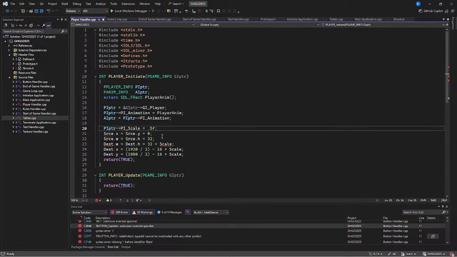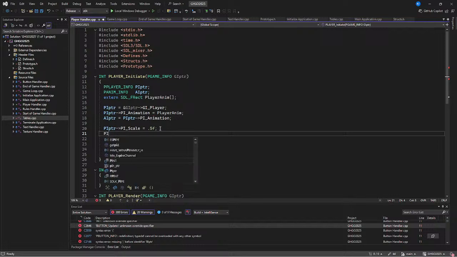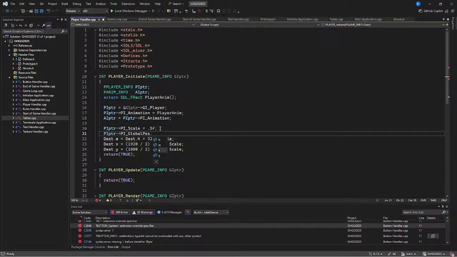We have a global position for the player, so I don't need any of this source stuff here. Don't need to scale. So PI pointer point to global position dot x equals